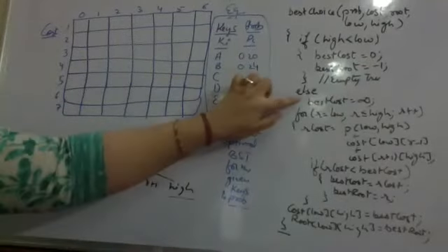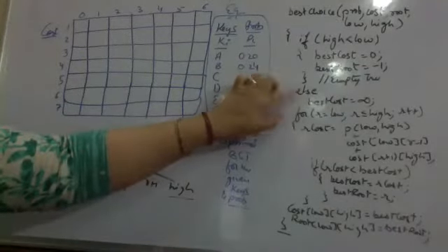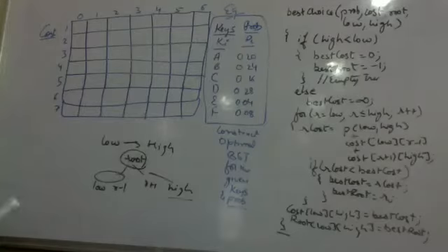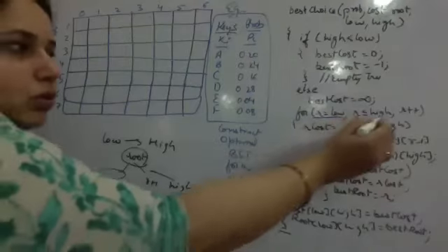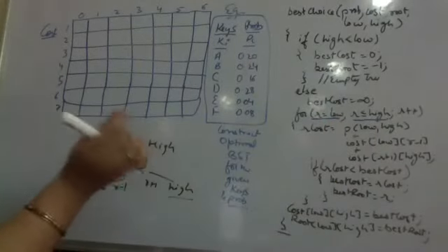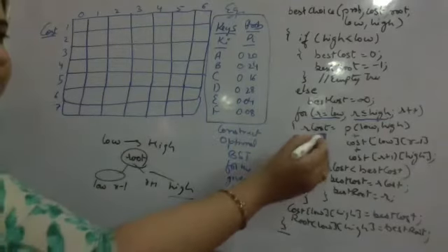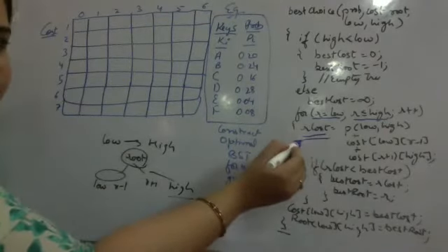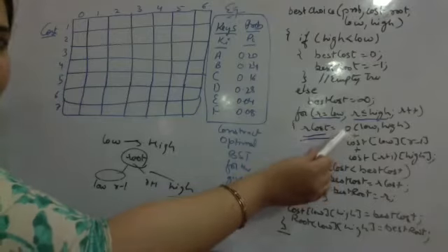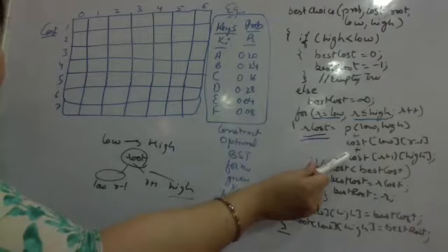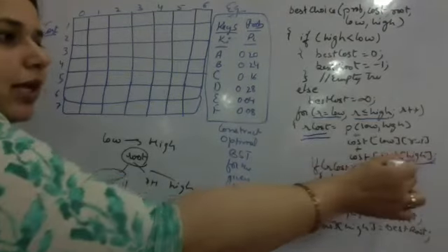Else I initialize the cost of the tree to be infinite so that I can compare later on. I am trying to find the crux equation here. The crux equation is, for every possible choice of root, from low to high, I run the loop where I calculate the cost of searching, which is the probability from low to high, plus the cost of the left half of the tree, plus the cost of searching in the right half of the tree. So this is the equation that I need to calculate.